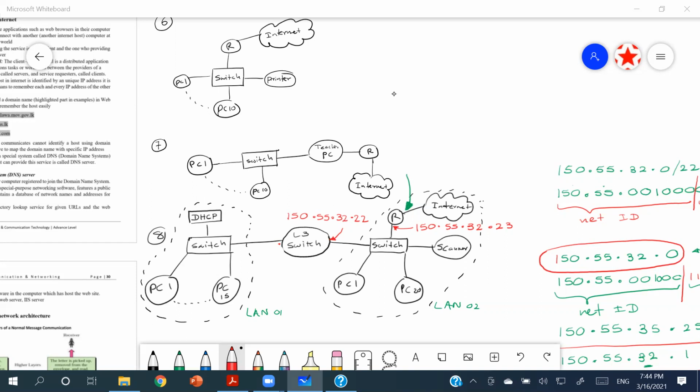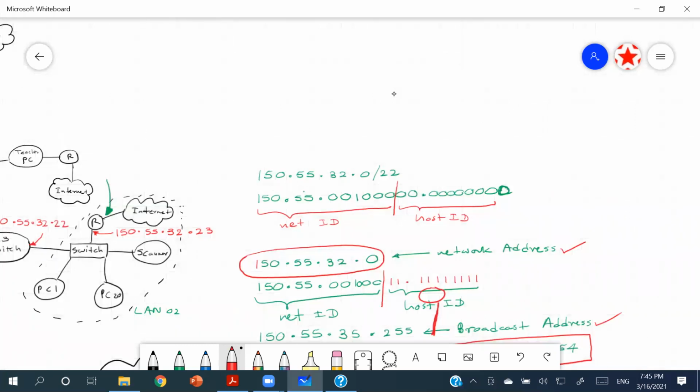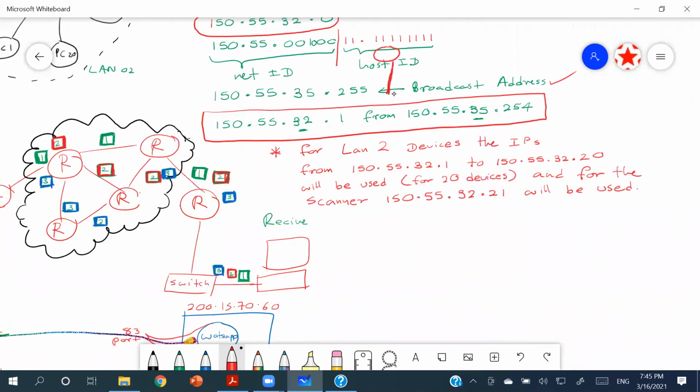Okay, so regarding the first LAN, or LAN 1, it's going to be something very similar to this calculation, because the CIDR is /22 and the 130.45.16.0 IP address is there, right? So the calculations are going to be